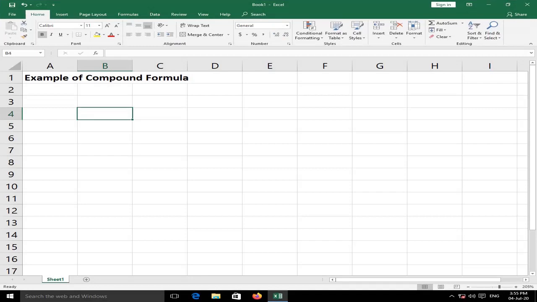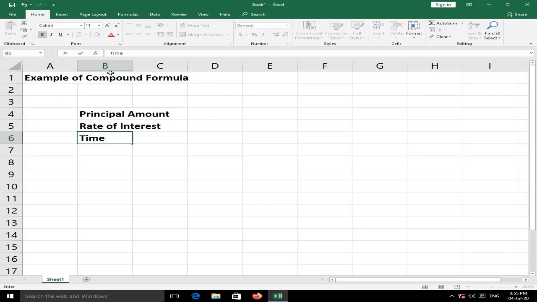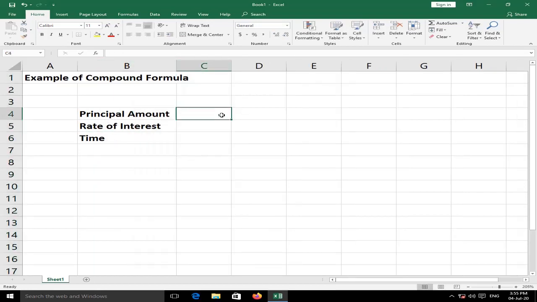Now look at the example of compound formula. Suppose principal amount, next is rate of interest, next is time. Then suppose principal amount is 50,000. Suppose rate of interest is 15.5.